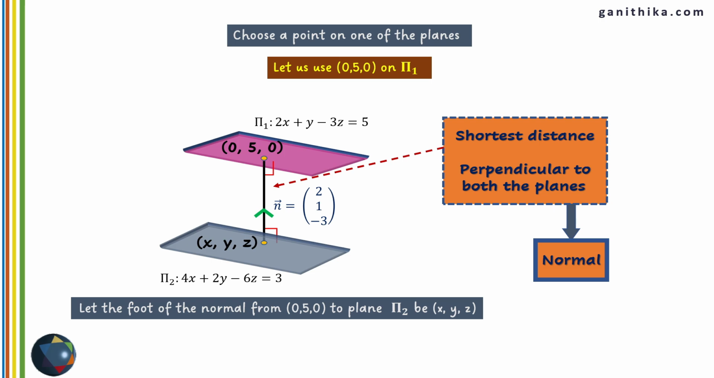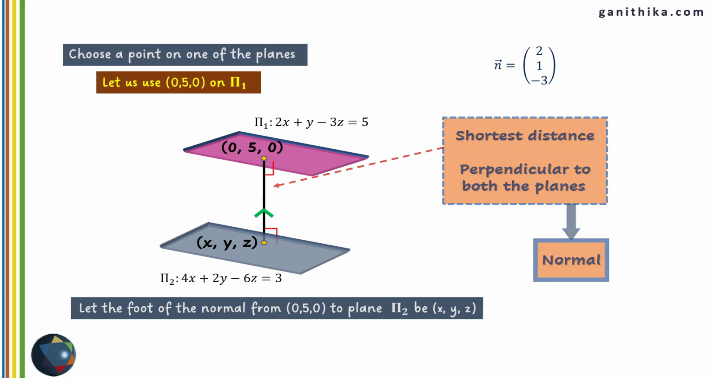So the normal between xyz and 0, 5, 0 is what we are looking for, and that's the length that we'll be finding soon. So the next is,